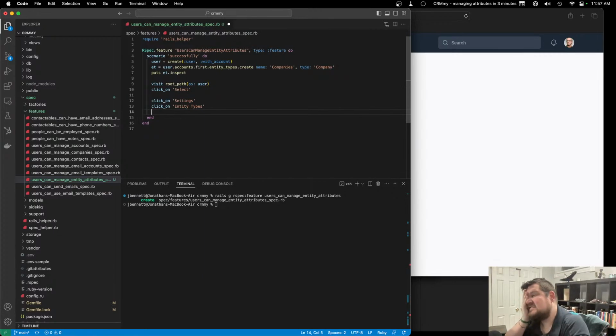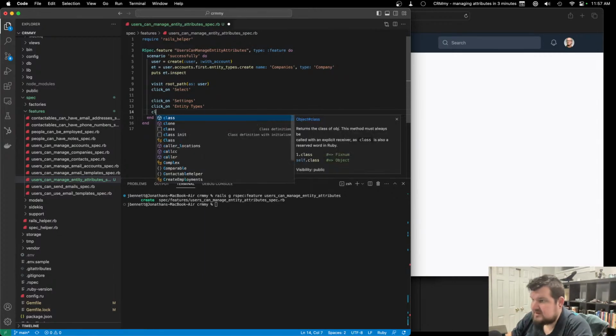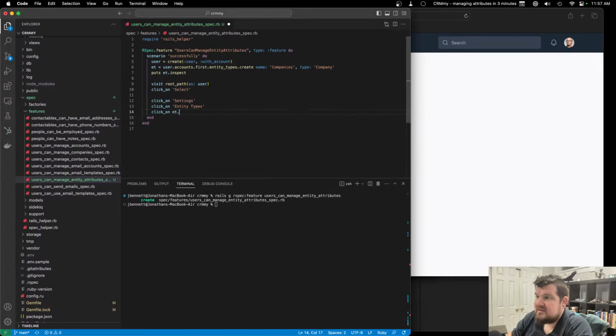So in this entity types page, we're going to click on et.name, click on add attribute. Here we want to be able to, I don't know, fill in name with industry,